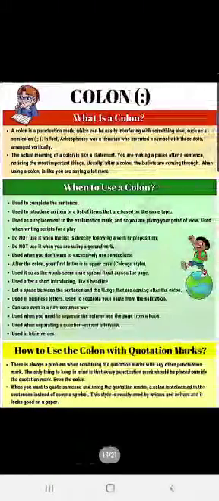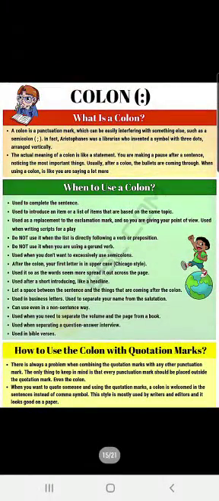Colons are used at the end of a clause to show an answer, elaboration, or explanation that follows. I would like the following: milk, cheese and butter. So to tell about these three things, milk, cheese and butter, before that a colon is used. Okay, I have two hobbies: reading and running. Are you able to understand children? Let us see the use of colon more.